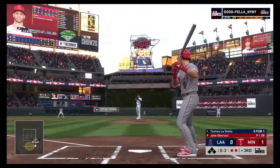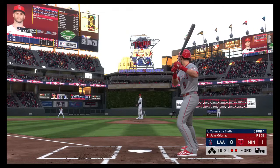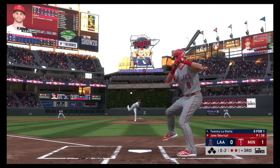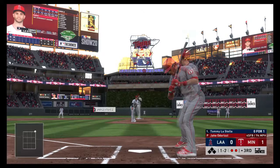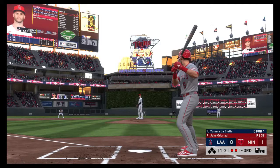Turned on, but it's wide of first and foul. The 0-2 delivery. Love the high heater right there to raise the hitter's sights. Let's see if he buries something in the dirt right here. The 1-2